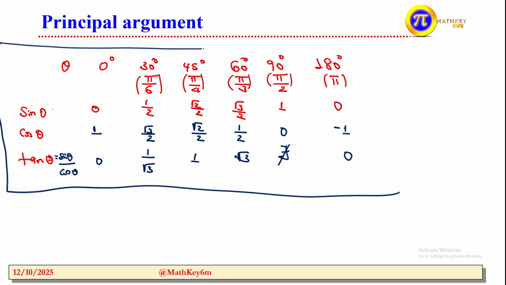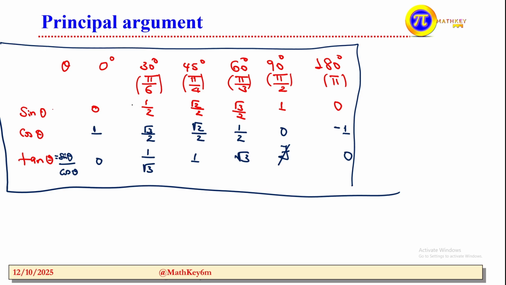The other is the value equal to... You can take negative 30 degrees, or negative pi over 6, also. Sine of 30 degrees is 1 over 2, so sine of negative 30 degrees is negative 1 over 2. The same goes for the other cases. In the case of cosine, since it is an even function, cos 30 degrees and cos negative 30 degrees are